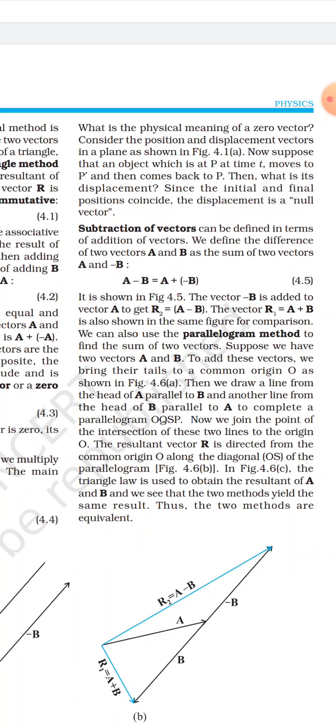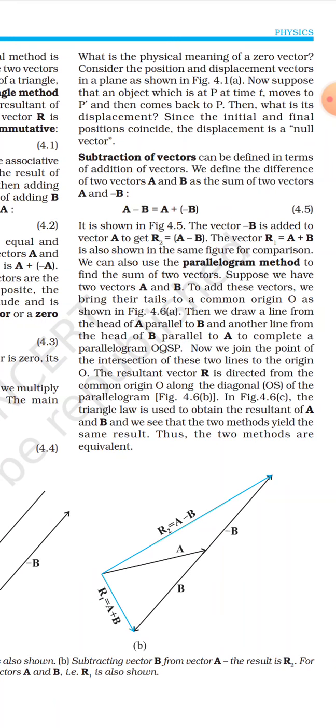Now what about the subtraction of vectors? For subtraction of a vector, if I subtract b from a, it should be a minus b, but if I subtract a from b, then it will be b minus a. If you want to see whether they are equal after subtracting two numbers or vectors, if I write a minus b as a plus minus b, then a minus b is not equal to b minus a.